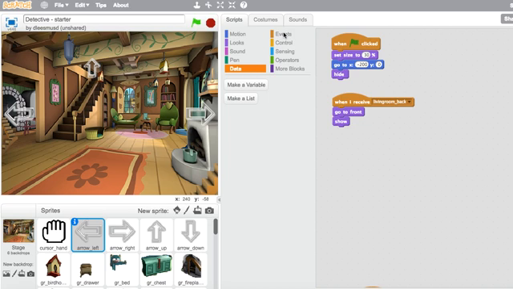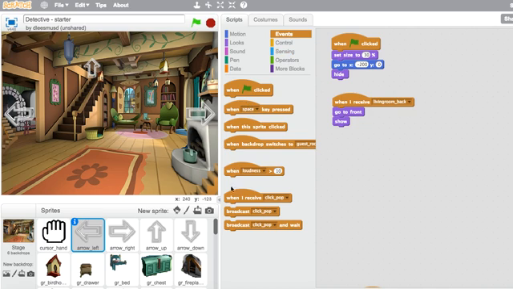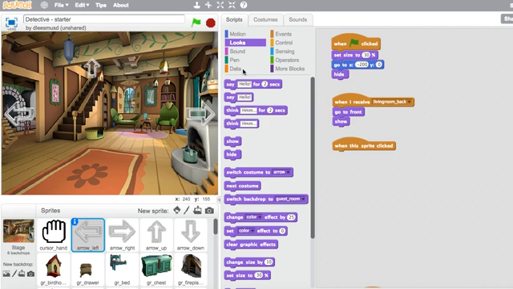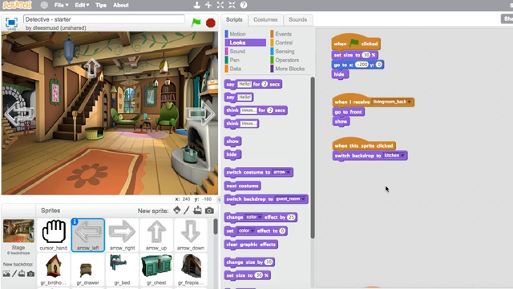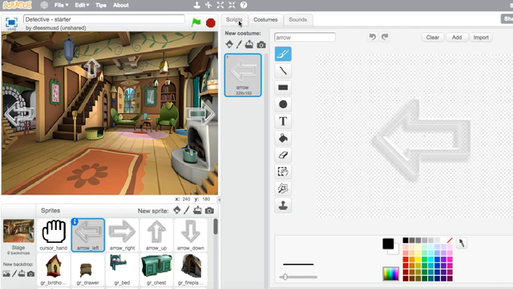So how would we do that? Well, we can go to events and we could say when this sprite clicked, and when the left arrow is clicked, we can also say switch backdrop to kitchen. So that seems simple enough, but it's not that simple because once you go to the kitchen, maybe